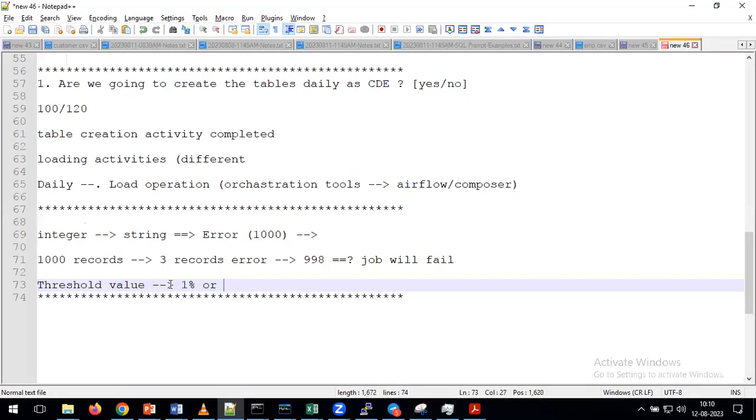Then what they will do, simply they will give it as a 1%. For example, in this last 1 year, so many times they observed that the source team is sending the wrong data. In the integer, they are sending the string value. In the string, they are sending some other kind of value. They are facing this kind of issues from the last 1 year. In that situation, what will they do? They will give it as, for example, 2%, or they can give it as 5%, which is nothing but,